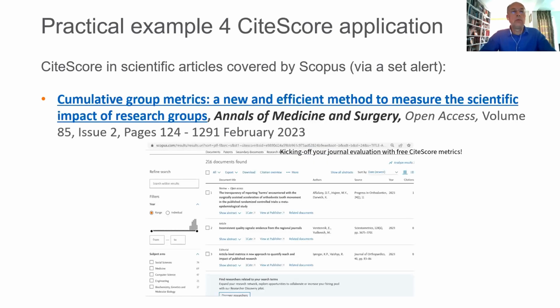And the last example is what I use myself quite often, a so-called Scopus alert. For me, the keyword obviously is CiteScore. And if you do that, you get on a weekly basis the latest articles, including this keyword. And obviously for me, that's interesting to keep an eye on what is being published using CiteScore within the research data set. And this is, I think, one of the most recent examples of that.